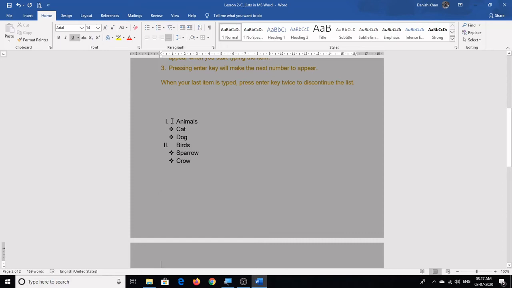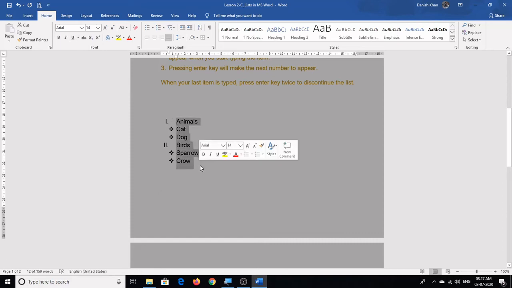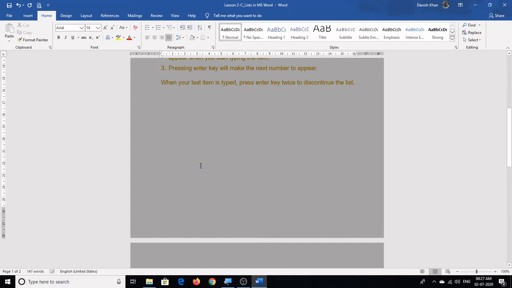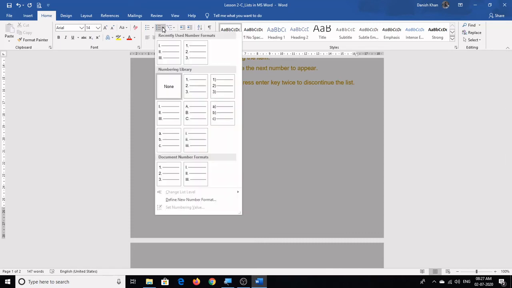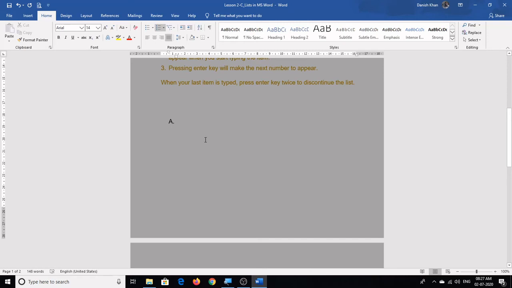Now let me try out one more list. I'll select it and press the delete key. So my list is removed. Now again, if I want to create a new list, what I'll do, I'll click on the numbering over here, select one type of numbering, suppose this. I'll type the items. You can type any item whatever you want in the list. I'll type input output devices, suppose.